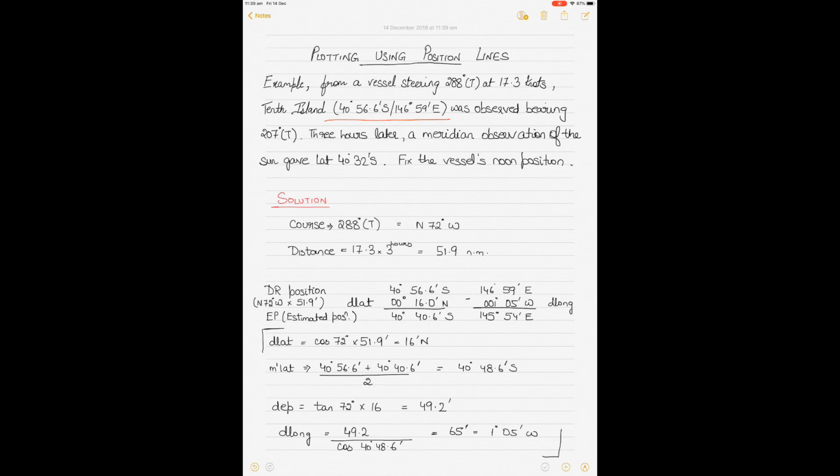All we know is that there is a vessel which is steering 288 degrees true at 17.3 knots, at the time of which there is an island. The position of the island is known and it is being observed to bear 207 degrees true from the vessel. Alright, now 3 hours later, a meridian altitude of the sun, and we've discussed meridian altitude in my previous video, gave a latitude of 40 degrees 32 minutes south. So this basically means that at the time of the meridian passage, when the sun was right on the observer's meridian,